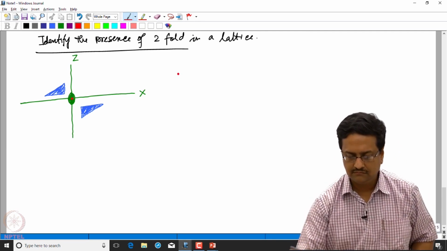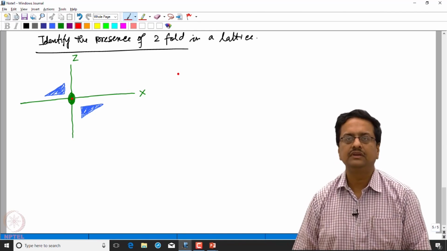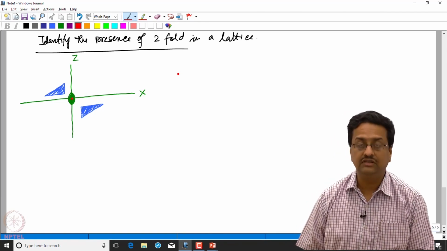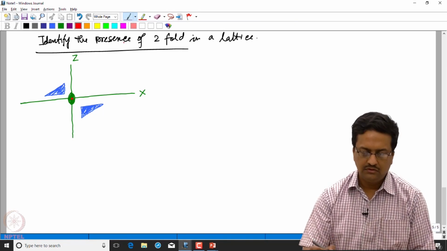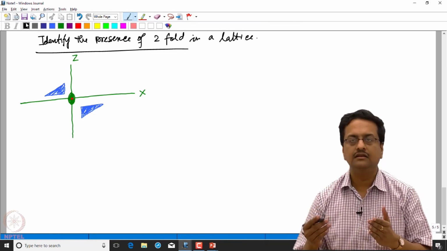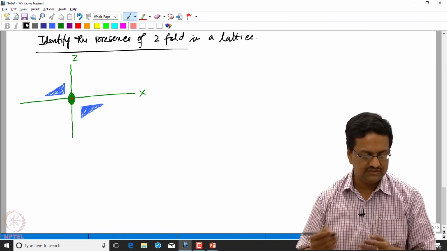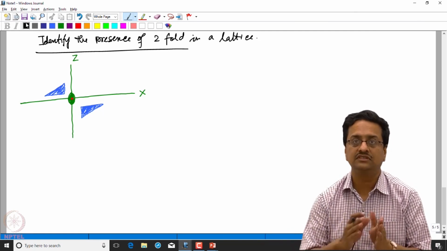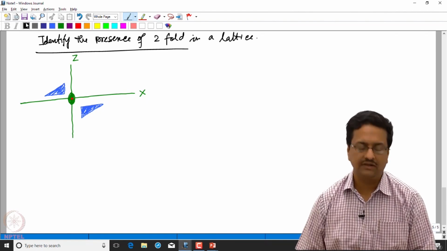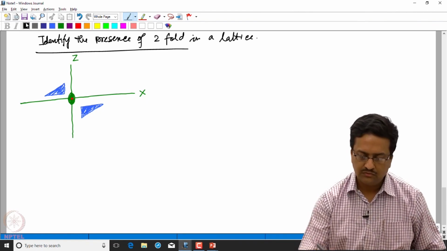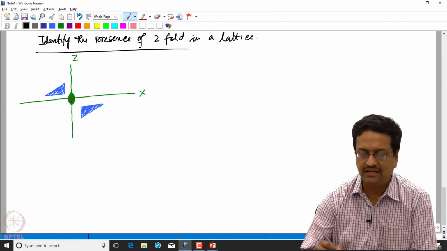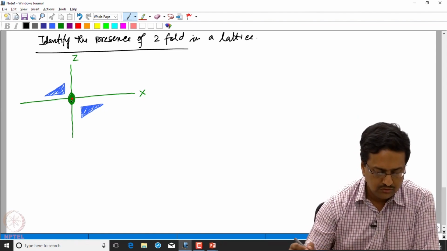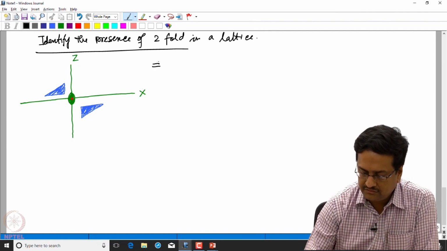This appearance of a pseudo center of inversion results in a certain symmetry among a set of reflections. So this apparent center of inversion on the xz plane would imply that